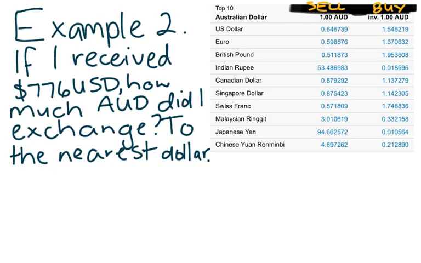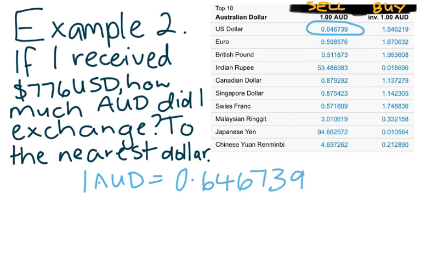Example 2 says, if I received 776 US dollars, how much Australian did I exchange? Round your answer to the nearest dollar. So we are still using the sell rate here because I still exchanged Australian dollars to receive US money. But this time I've been told the amount of US dollars I received for the Australian. So we're still going to look at the US sell rate, and we're still going to write our statement down. 1 AUD is equal to